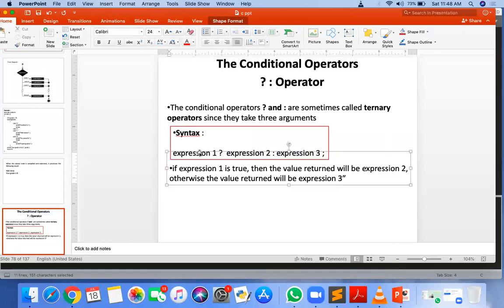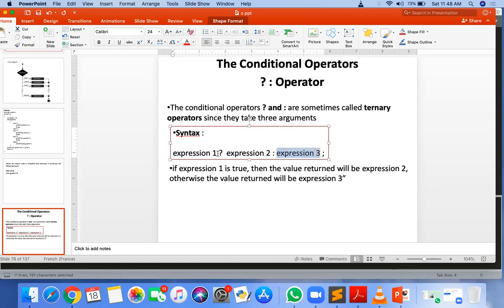Okay, so here the syntax is very simple. First we put expression 1. Generally, instead of an expression we put a condition, and depending on whether this condition is true or false, it will execute expression 2 or expression 3.